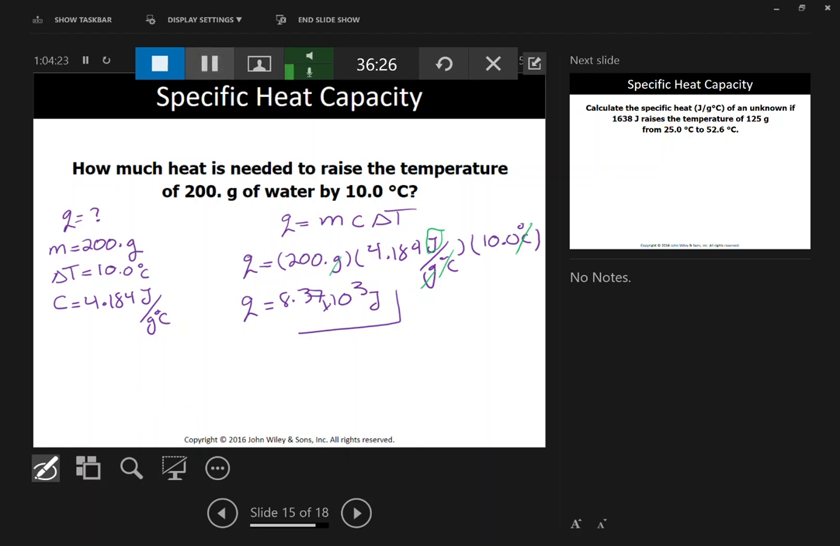Now, when it gets to heat, remember I've been saying that heat can either be absorbed or released. So the quantity of heat, we can find it from Q equals mc delta T. But how can we tell if heat was absorbed or released during a chemical process or chemical reaction? In order to see if heat is absorbed or released during a chemical reaction, we look at the sign of the Q. So if Q is positive,